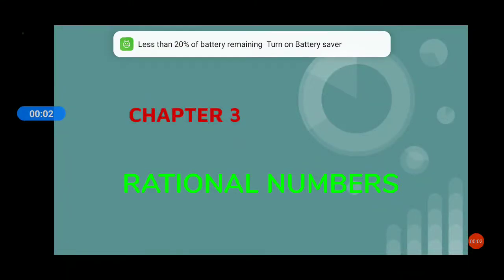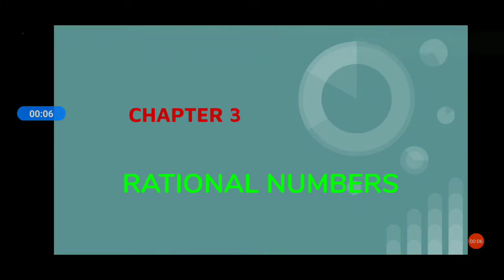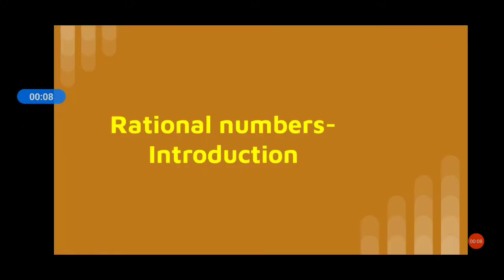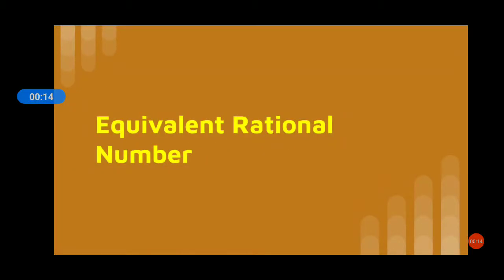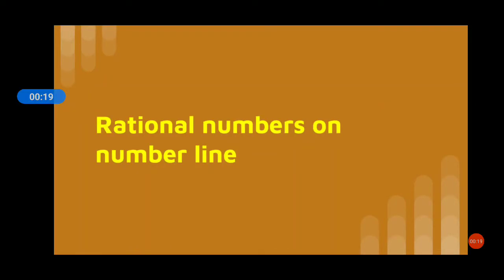Good morning, students. We are already dealing with chapter 3, that is nothing but rational numbers. Rational numbers, what we saw? We saw the introduction of rational numbers, that is, what is a rational number and how to represent rational numbers. Then we saw how to find the equivalent fraction of a rational number. Today we are going to see about rational numbers on a number line, how to represent this rational number on